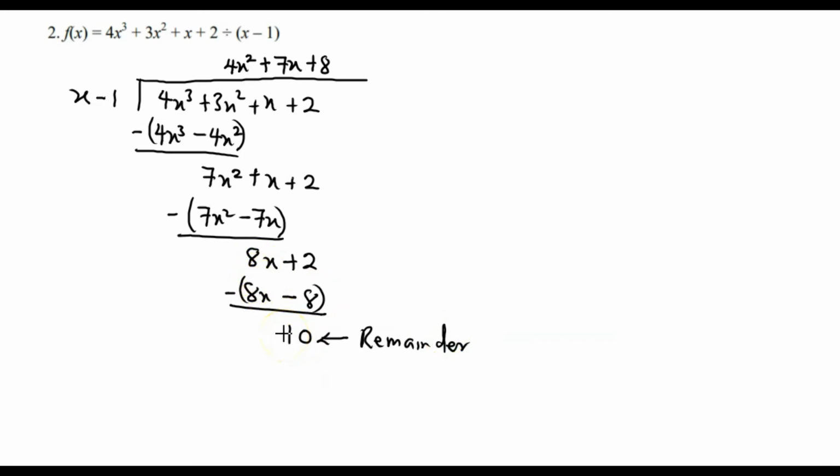So let's use the remainder theorem. With the remainder theorem, we must consider the linear divisor, which is x minus 1. Equate it to 0 and solve for x. x will be equal to 1. So when we find f of 1, we must obtain the remainder. Therefore, finding f of 1, our remainder will be equal to